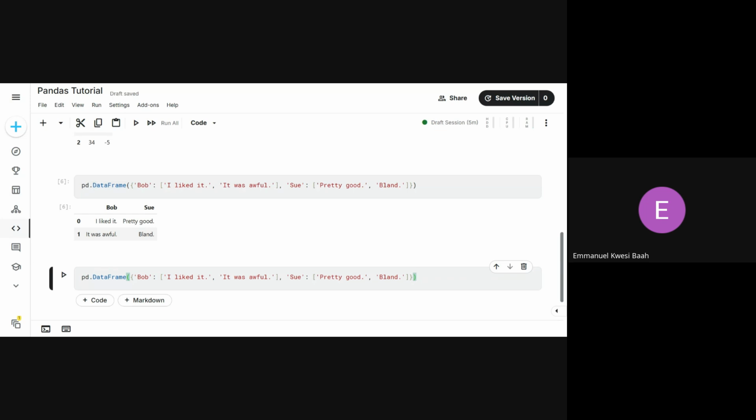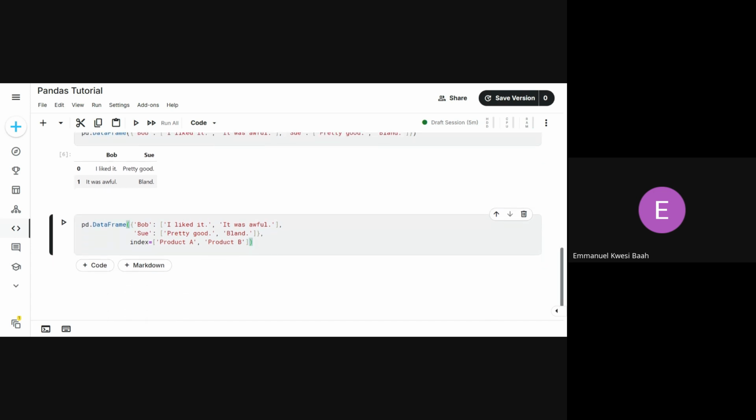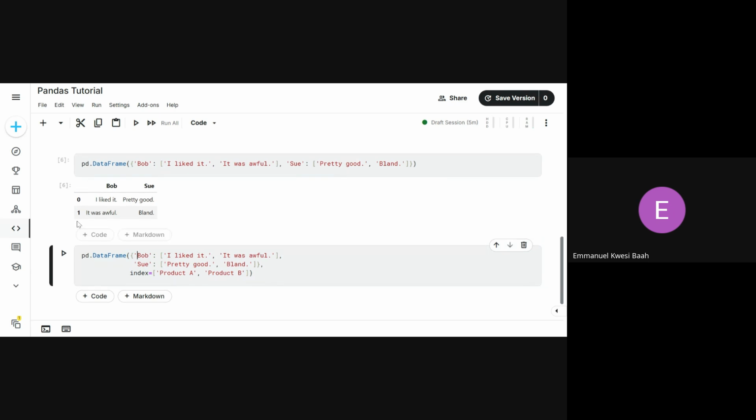I'm just copying this, explaining in terms of practicality if you want to do that. Sorry, I copied the wrong thing. What this actually means is the same thing we have over here, but instead of 0 and 1 as the index, we decide to give it an index of a real name of a product that we have, right? For example, I want to modify this to say